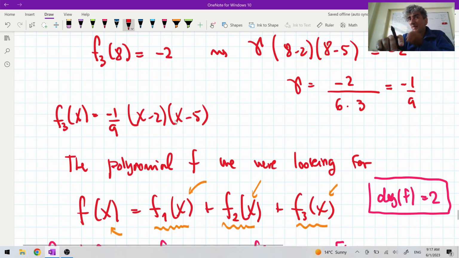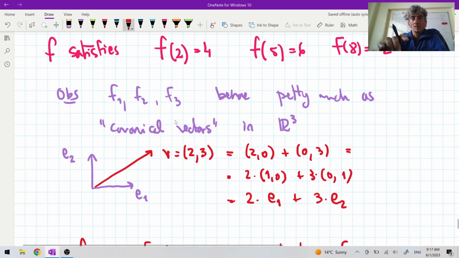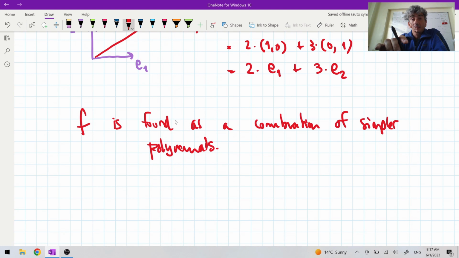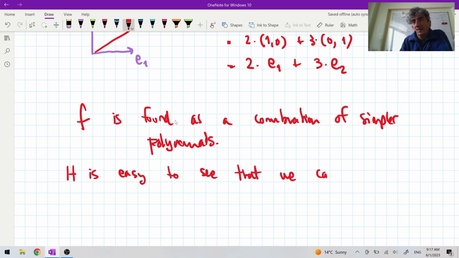But the same approach can be given. It is easy to see that we can find polynomials L1, L2, L3 such that